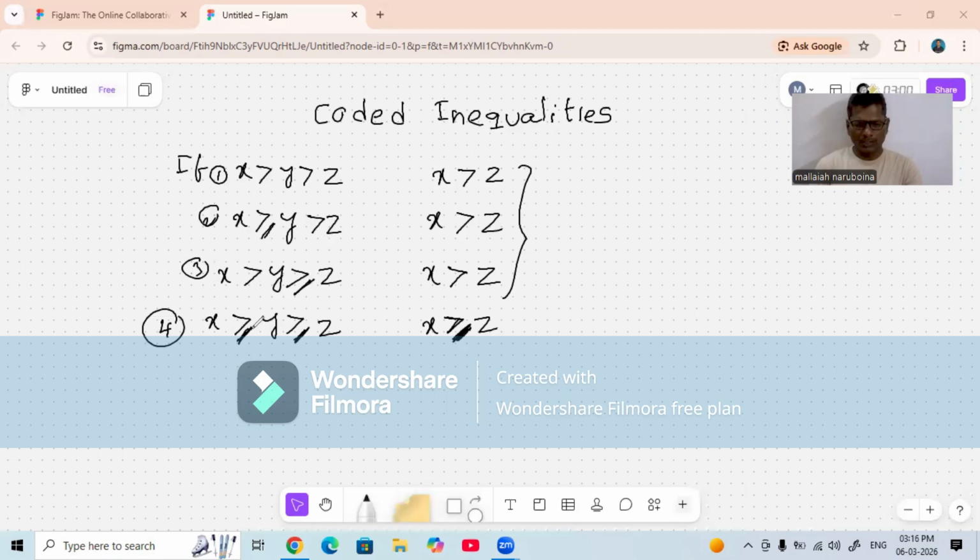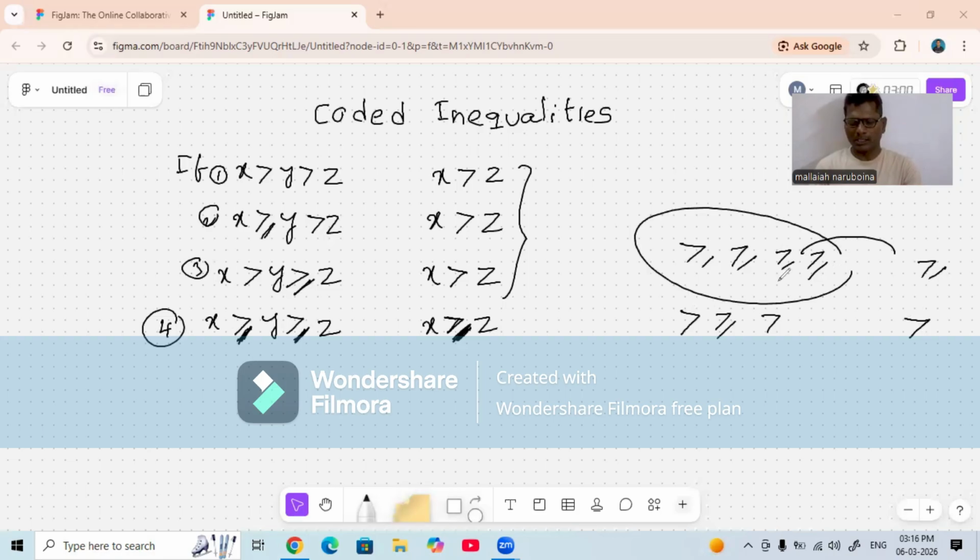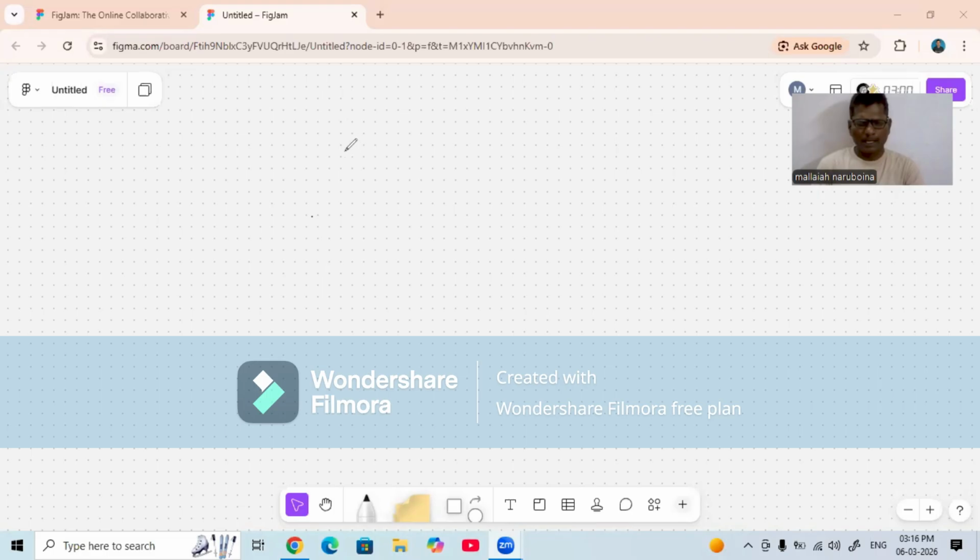So observe here, equal symbol, equal symbol. Whenever we have greater than or equal to, greater than or equal to, in that case we get greater than or equal to. If we have one greater than and one greater than or equal to, in that case we get only greater than. That means only if all the symbols contain greater than or equal to, then we get the greater than or equal to symbol. Similarly,